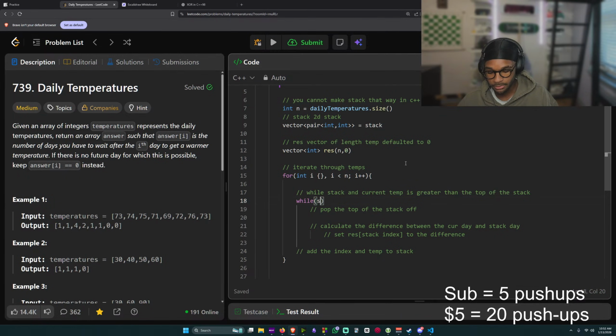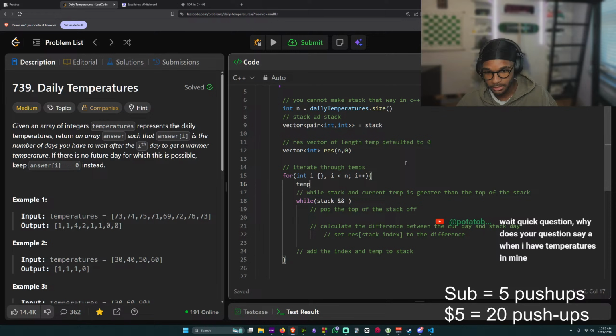So I'm gonna say while stack && for and. Oh, we need to make something. Temp equals